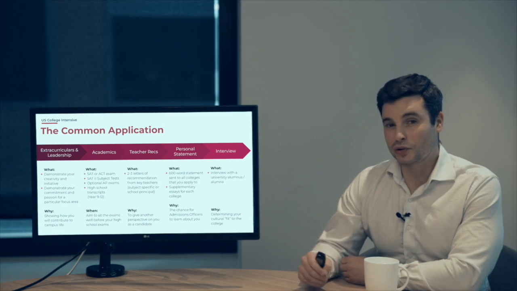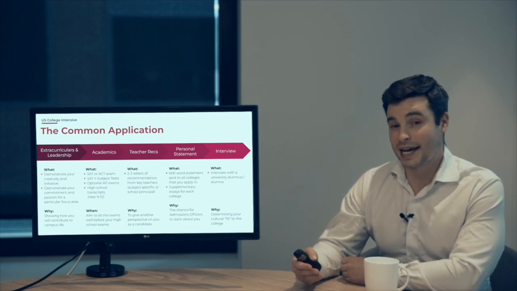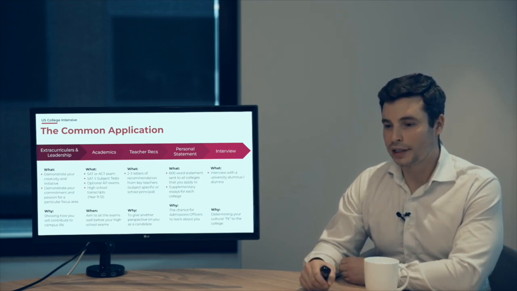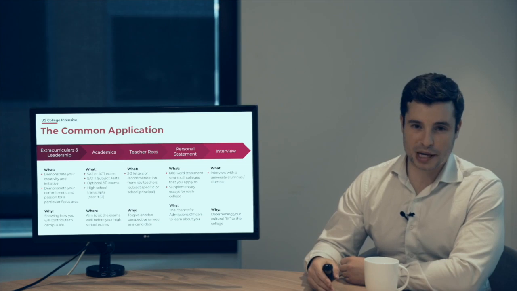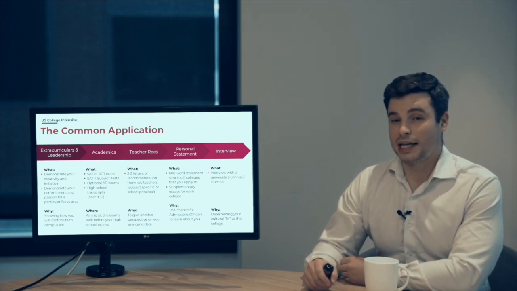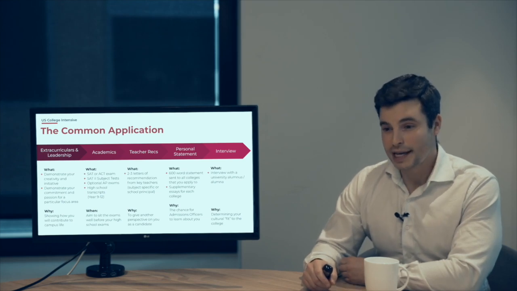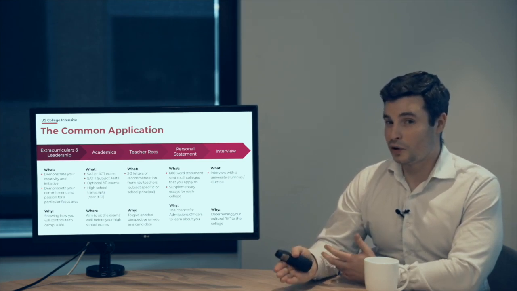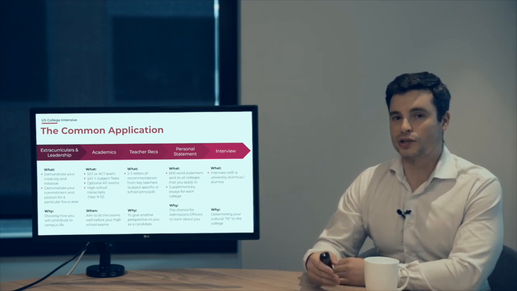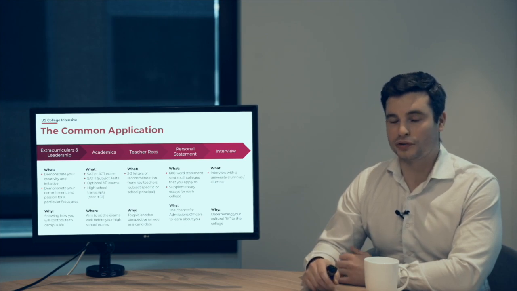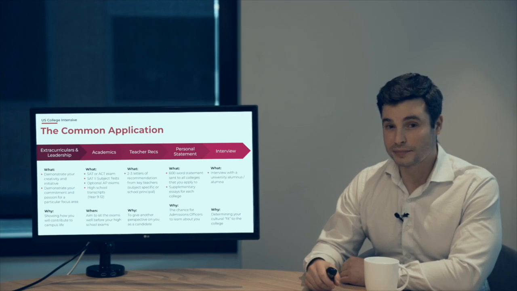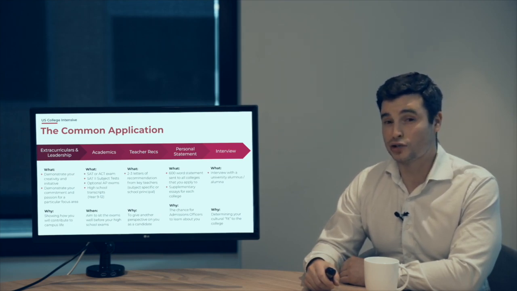The next big hurdle is the academics. That includes an SAT or ACT exam, which we'll talk a little bit more about later on, SAT 2 subject tests, optional AP exams, and yes, they do actually look at your high school transcripts quite closely, including your final exam scores. The real thing there is you want to aim to sit the exams earlier than usual. Most students think that they will sit the exams during year 12, but year 12 is a very busy year as it is. You can actually sit the exams in year 11, so that's something that we generally recommend that students do.